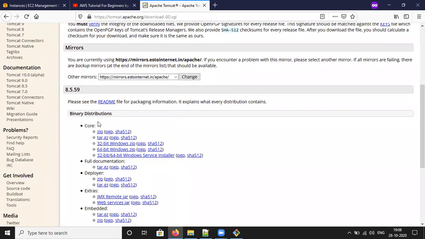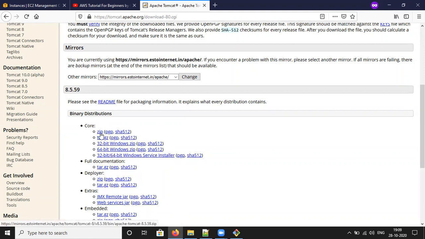There are multiple links available to download Tomcat: either a zip version, the tar version, 32-bit or 64-bit for Windows, or the Windows Service Installer. Instead of going for these, you need to take the zipped version.